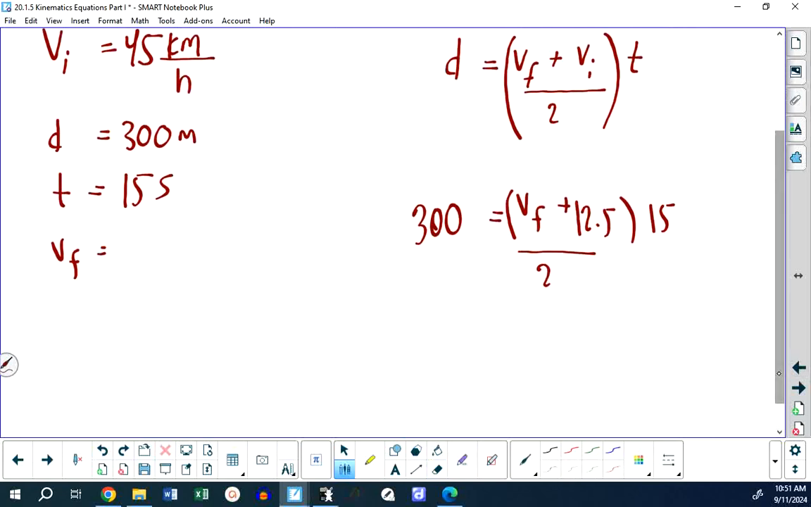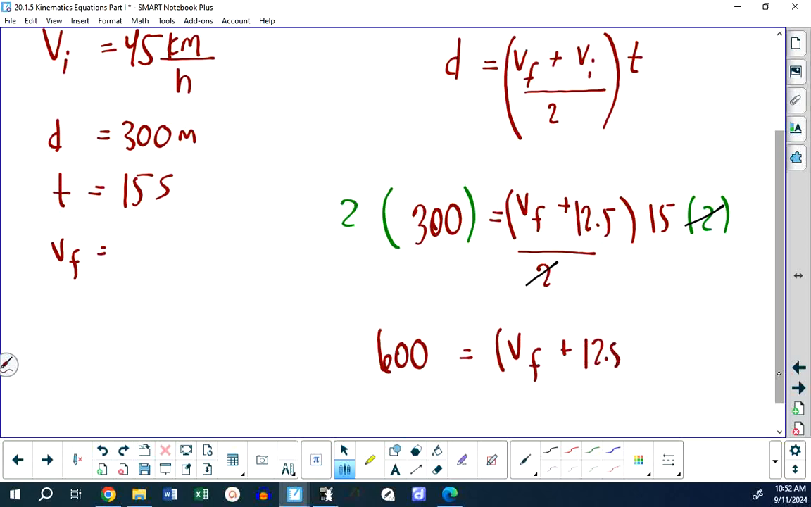So how do we rearrange this? Well, there's a fraction. We would say to ourselves, I'm going to multiply both sides of this by 2. And what happens on the right side is this, and you're left with 600 equals VF plus 12.5 times 15. And there are math teachers, myself included, in a certain